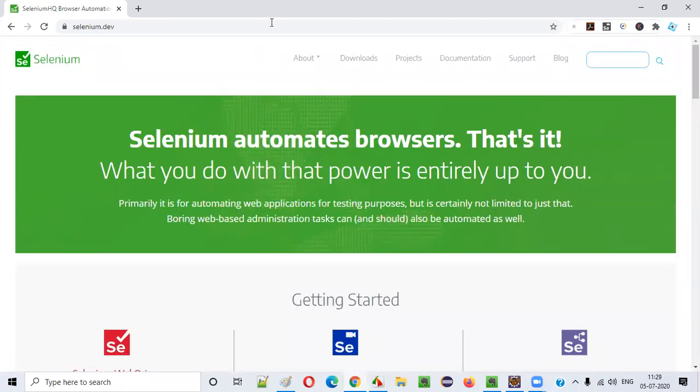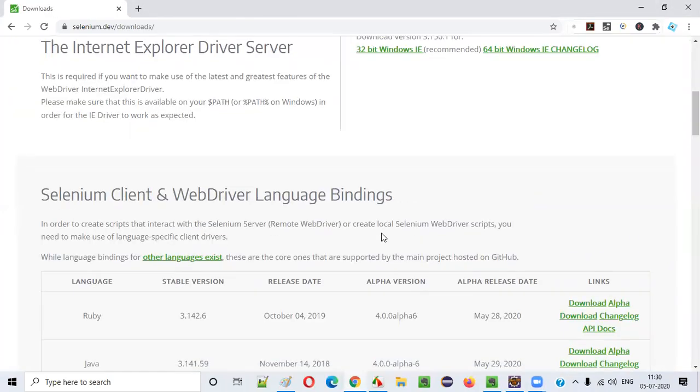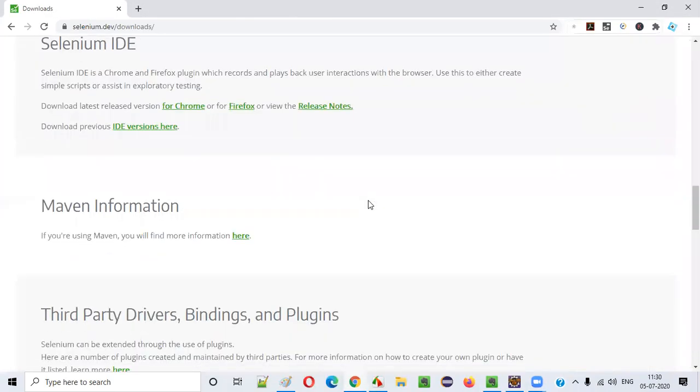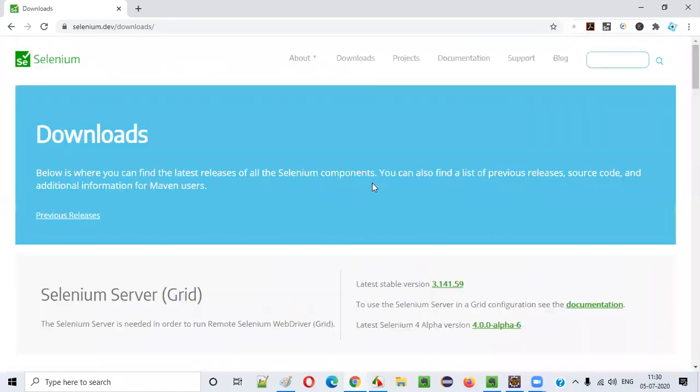The major thing that we need to focus on in this website is the downloads part. From here we are going to download Selenium, guys. Whenever we are ready to start learning Selenium, we have to download Selenium from the downloads page, for free. They are not charging anything, it's a free tool. From here we are going to download different things that we want as part of configuring and setting up Selenium. Anyhow, how to download Selenium and how to set up things, I'll explain when the time comes.